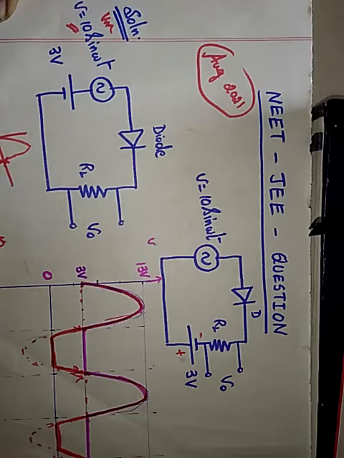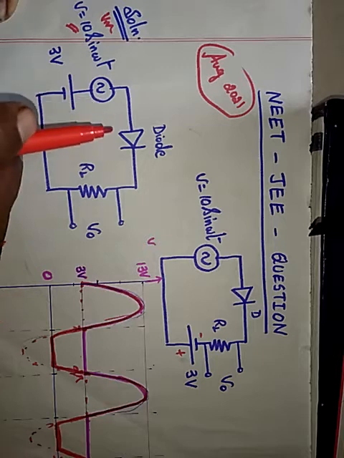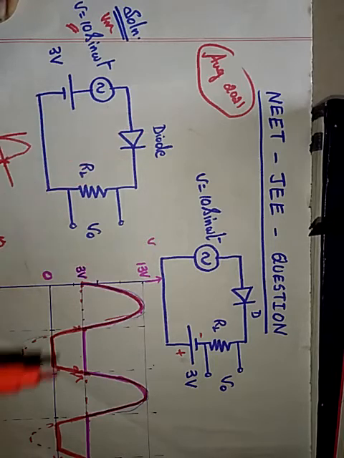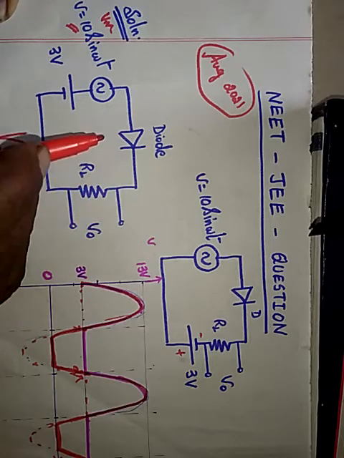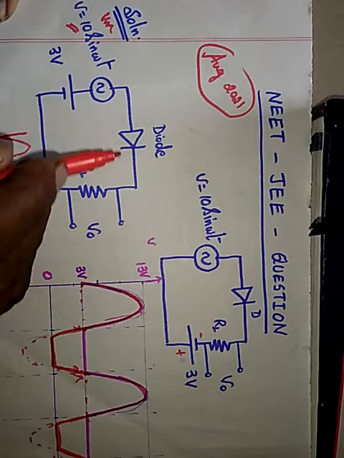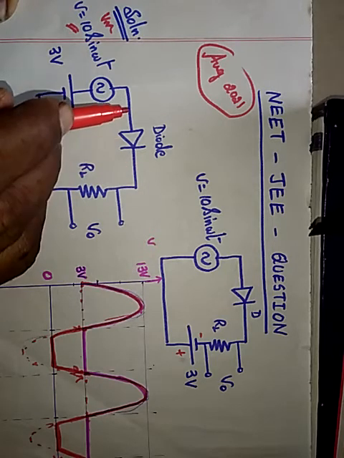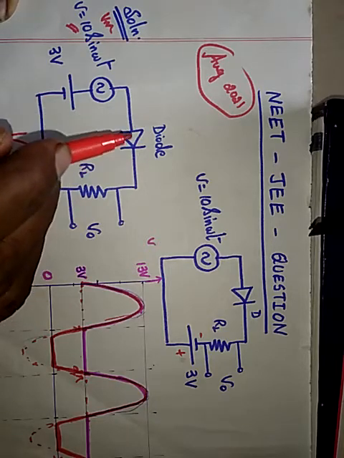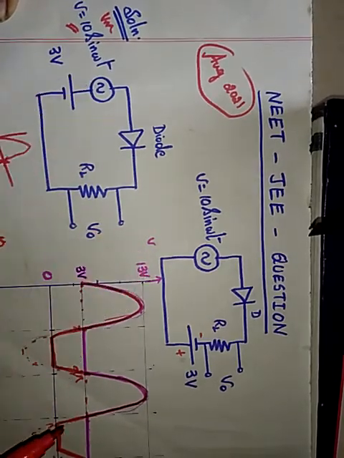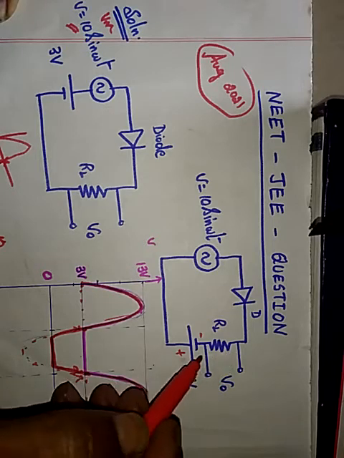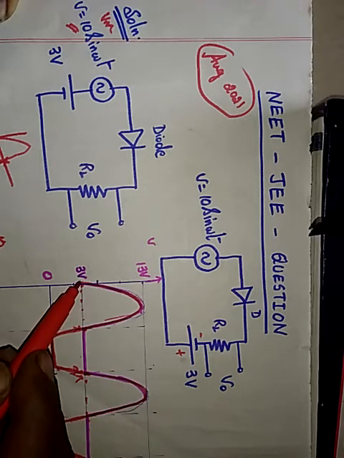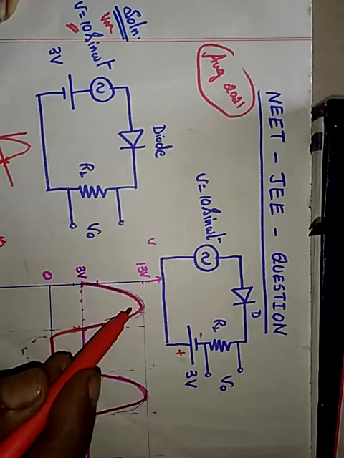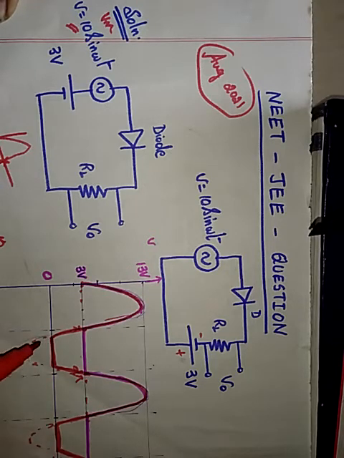In this explanation, what we have assumed is that we have considered the diode as an ideal diode. Ideal diode in the sense, there is no voltage drop at all. When it is forward biased, it acts as a short circuit, and when it is reverse biased, it acts as an open circuit. Therefore, the output waveform at the load resistance starts from 3 volts, goes to 13, comes back again to 0 at this point. Negative, it won't conduct. Once again it starts like this.